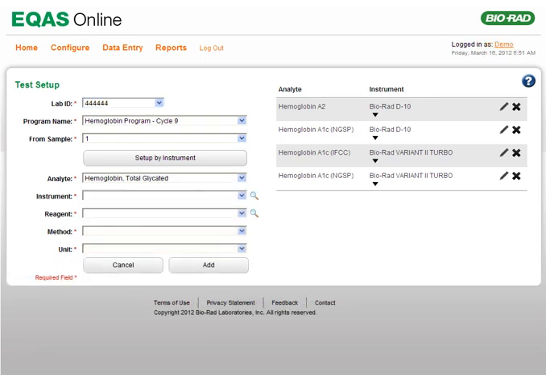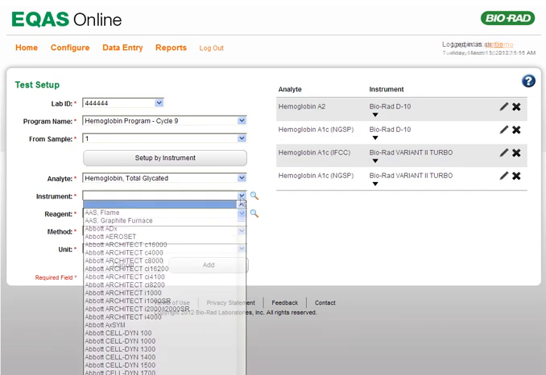Next, select an instrument by using the instrument list or the instrument lookup icon next to the list.